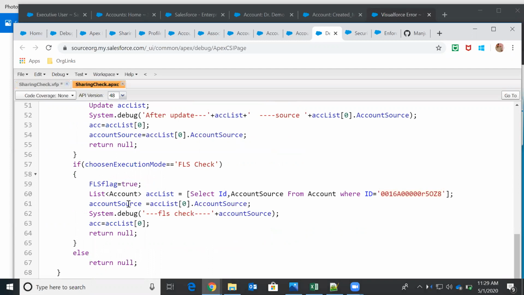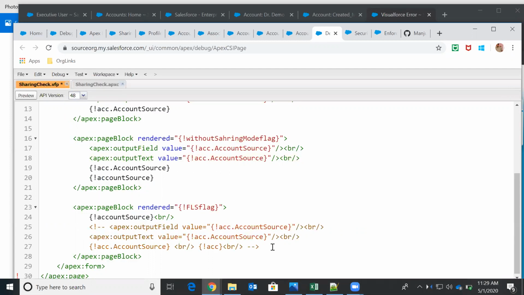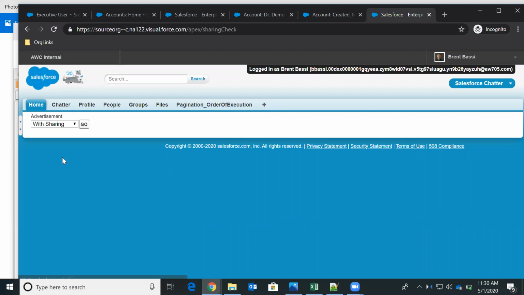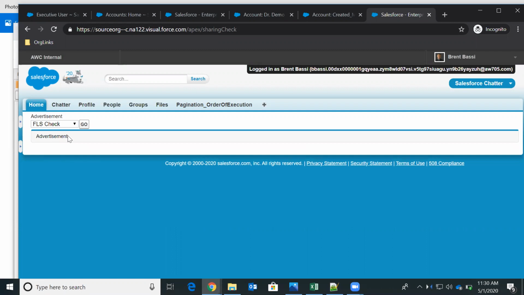But we have this value in account source, so I'll just simply place it here. Let me save this, go back to this, and execute it. FLS check, this same record I'm trying to display here. If you see, this page block is enabled now, this page block is rendered, and we are able